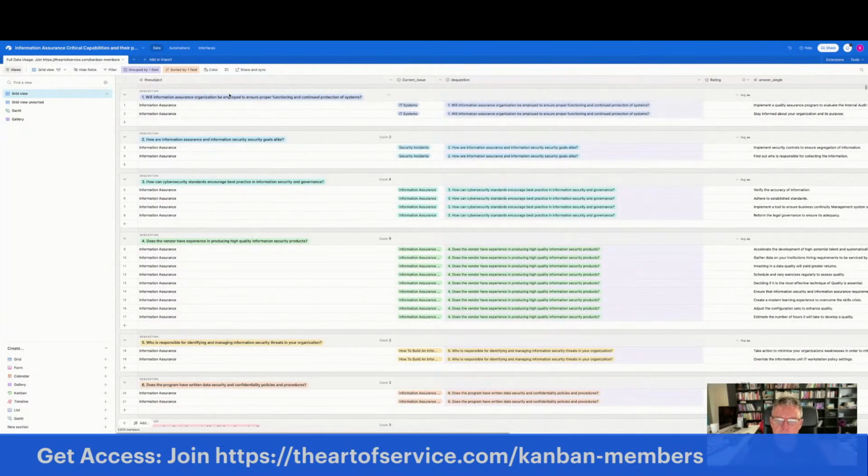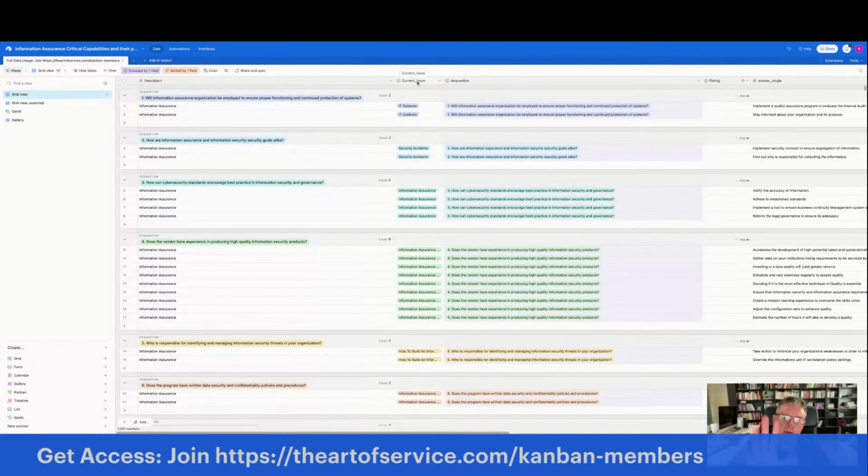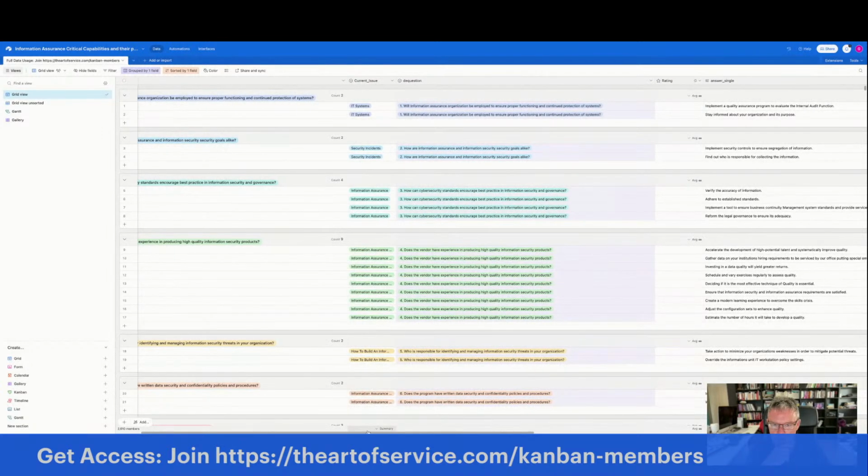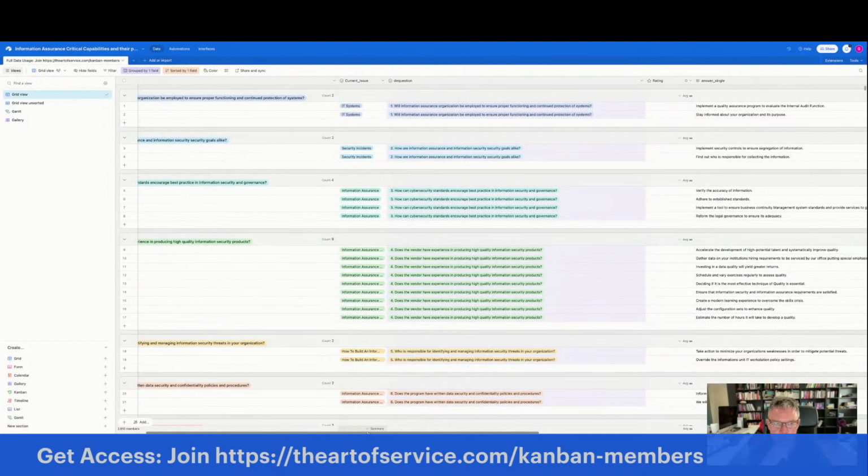What you see here is the question. That's this column. The other columns are the issues that are related to it, so they're grouped into separate issues: IT systems, security incidents, information assurance, etc. This is the question itself. And why are there more of the same questions in one row? Well, let me show you. If I scroll to the right here,